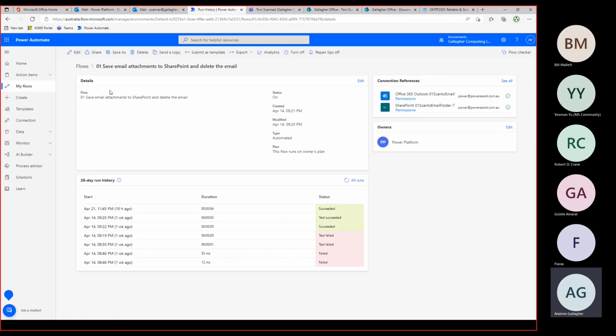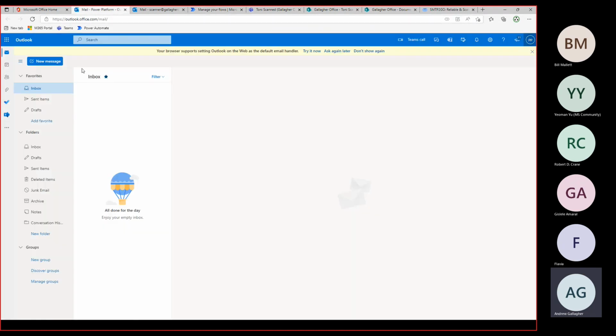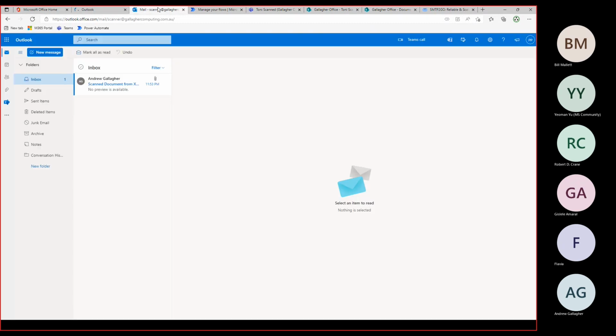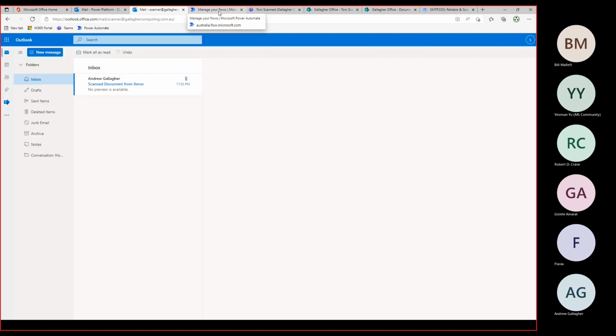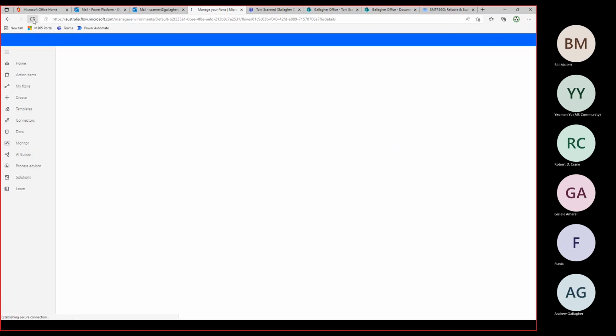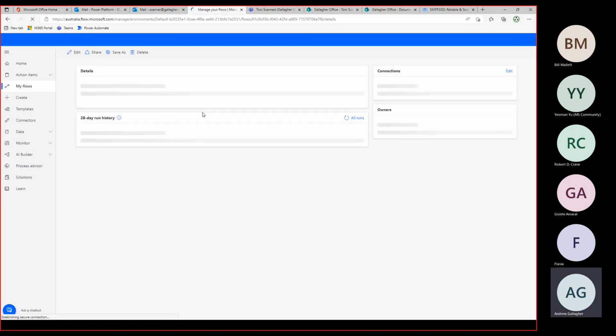So if you're testing what's happening and so forth, you can resubmit an old flow. So let's come back here and let me refresh to see whether it kicks off. Still waiting for it. As I say, it's not always instant. So my email's disappeared. But no, it's still coming along.